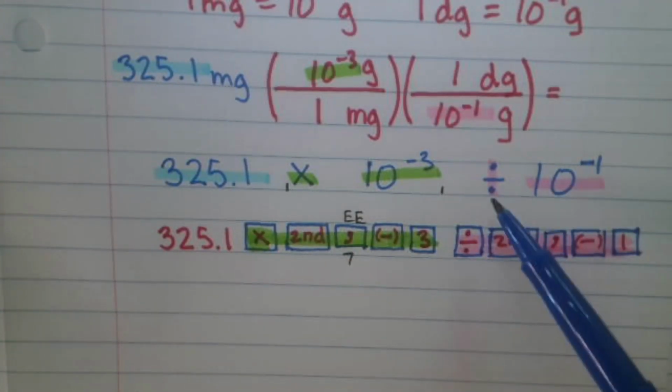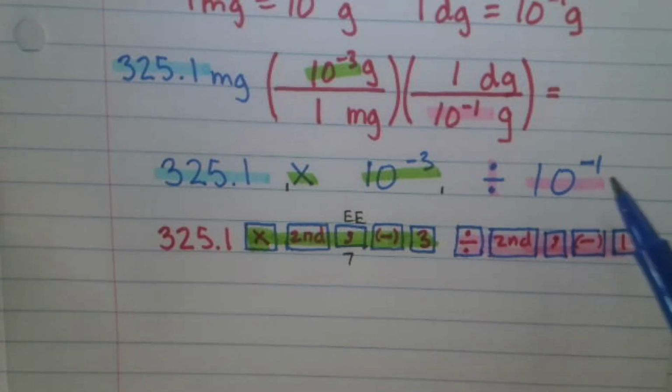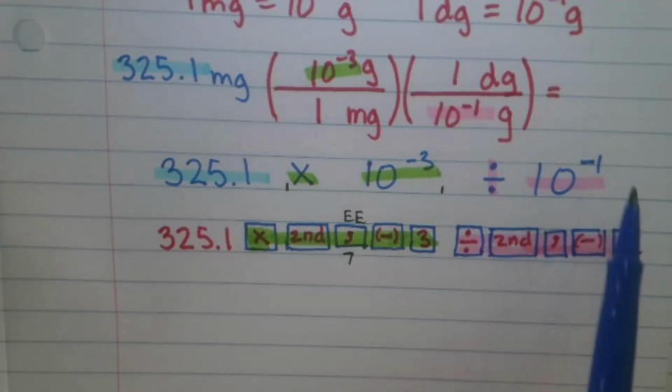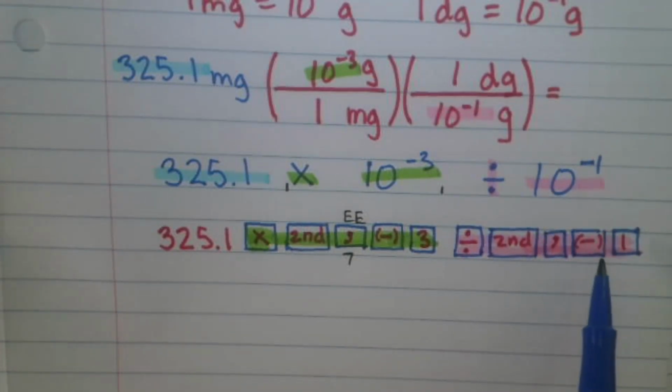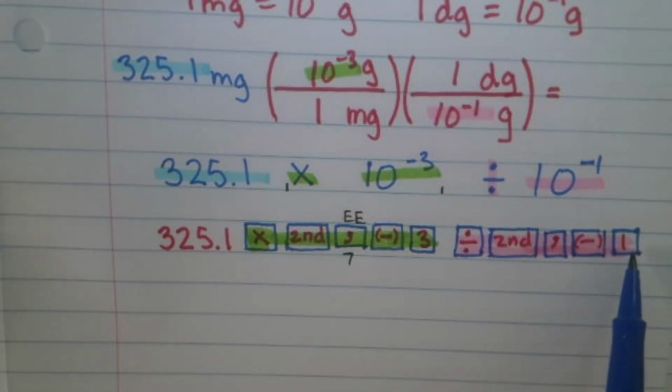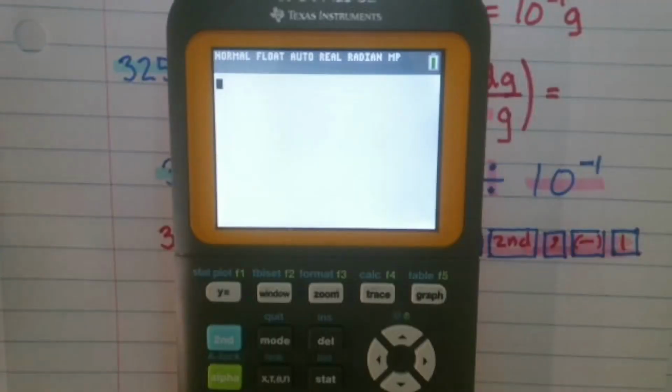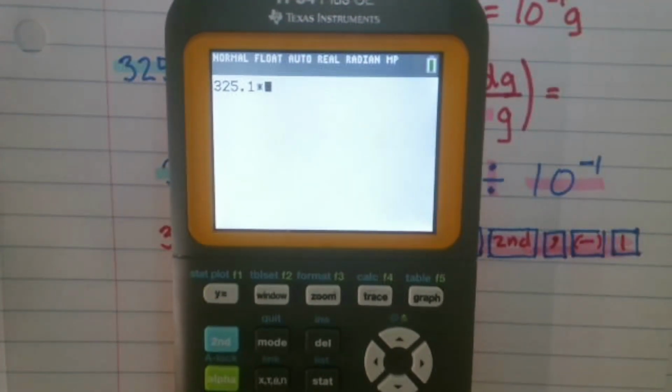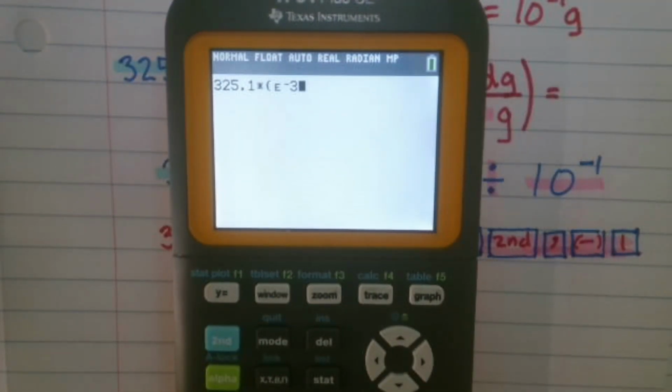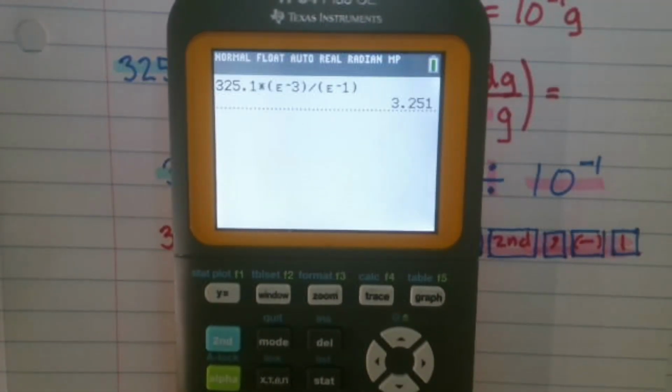Next, we will divide by 10 to the -1. So you'd press the division button, and then for 10 to the -1, it would be second, comma, -1. And it would look like this. And then you hit enter, and that gives you 3.3